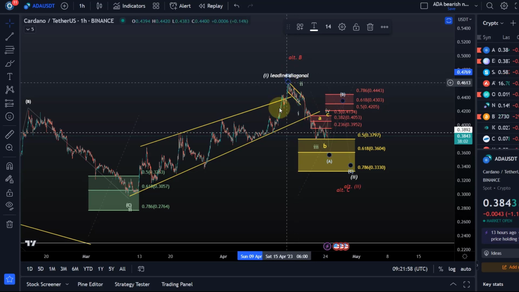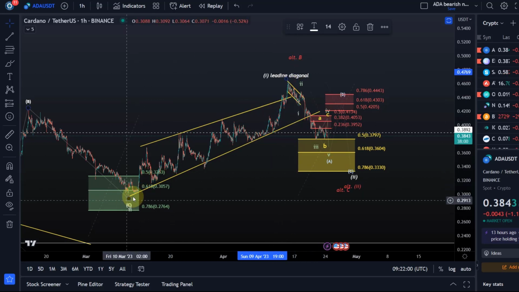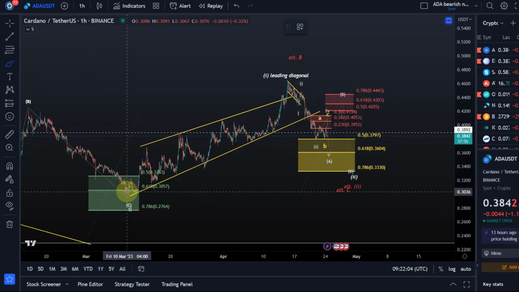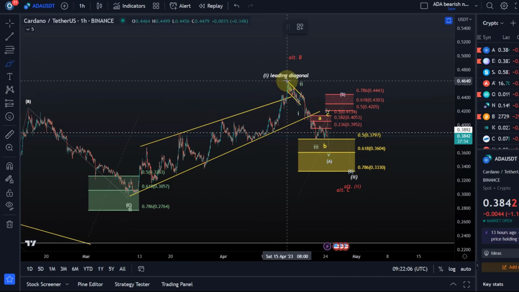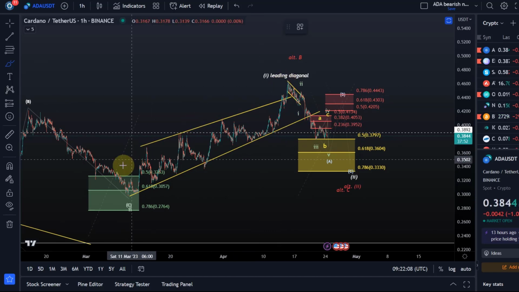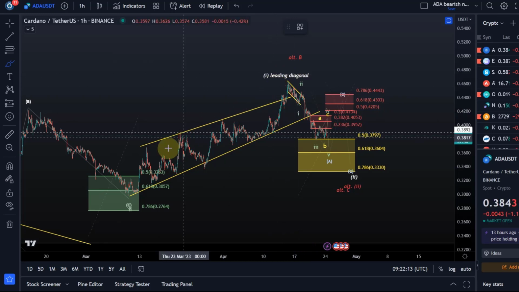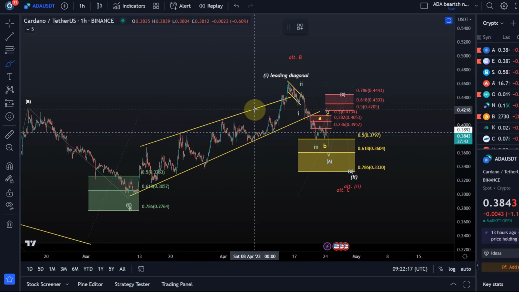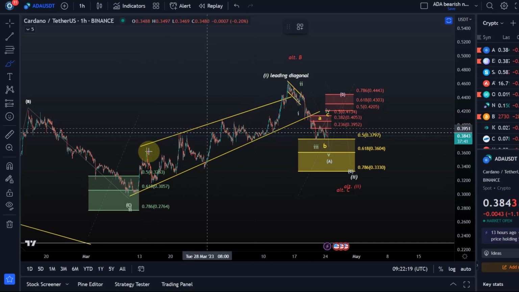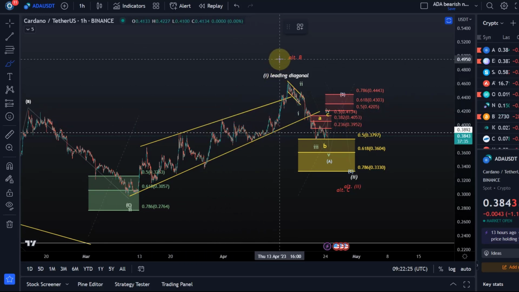We have one scenario that I'm following currently primarily, in which I'm counting the move up that started on the 10th of March and goes all the way up to the 15th of April as a wave one of a leading diagonal, okay, which would be bullish because it is a so-called motive wave going into the direction of the higher level trend. It is very messy price action, very untidy, and therefore it could also be a B wave,